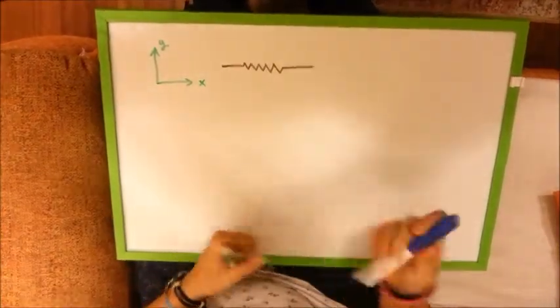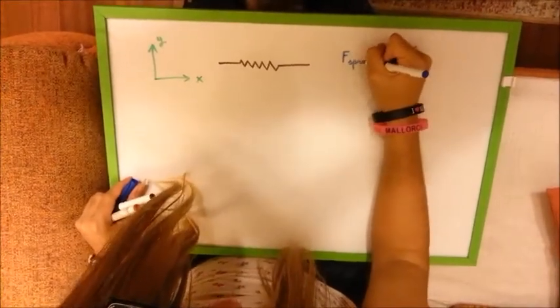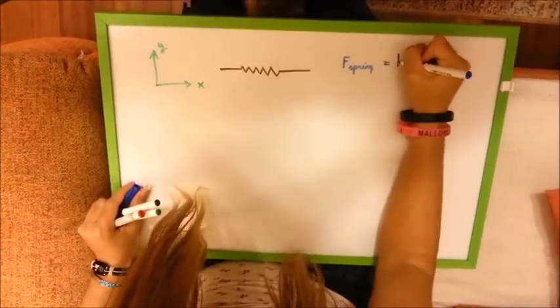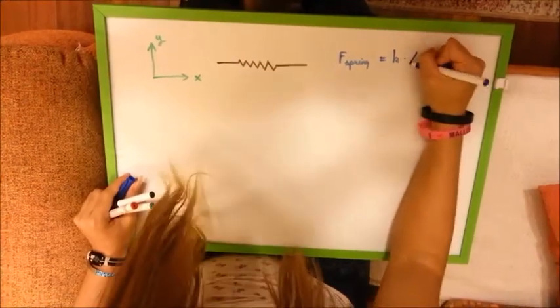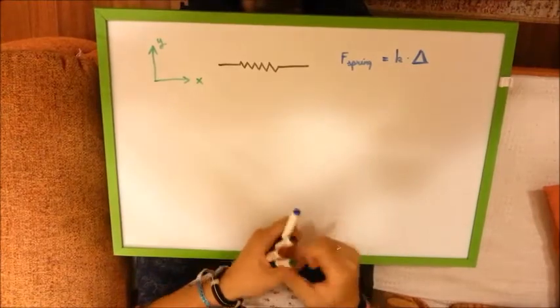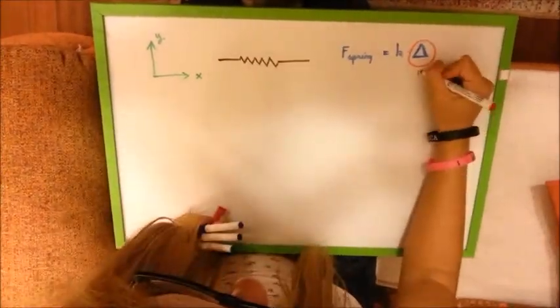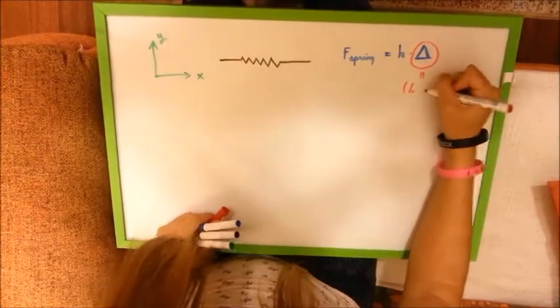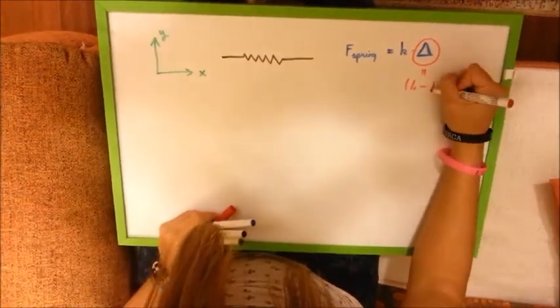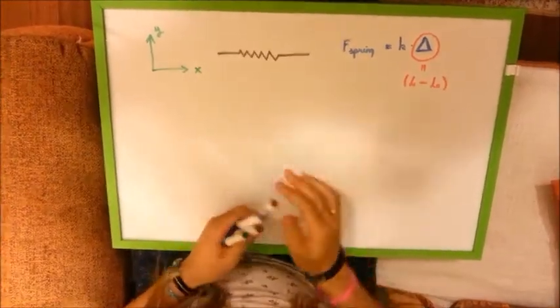Okay, so as we know, the force in a spring is equal to K, that is the constant of the spring, times the deformation of it, that is delta. So delta is equal to the actual length of the spring minus L0, that is the length of the spring with no